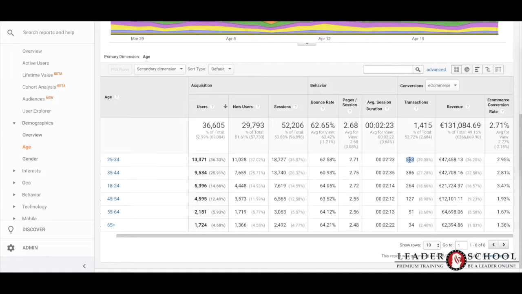How many transactions? Well, how many is important because I can understand this age group brings me a lot of transactions and brings me more money than others. But the most important for me is e-commerce conversion rate. Conversion rate is the percentage of people who buy from your site. So in the 25-34 age group, 2.95% buy. So of 100 people 25-34 who come to my website,